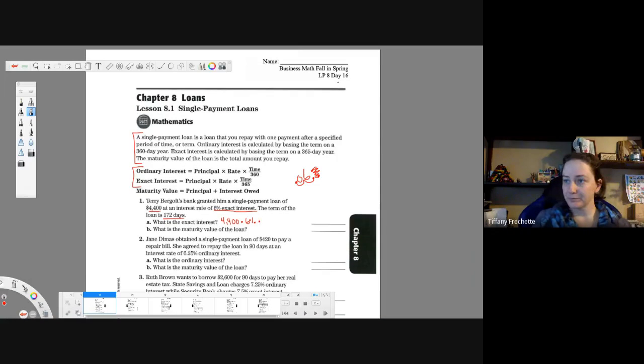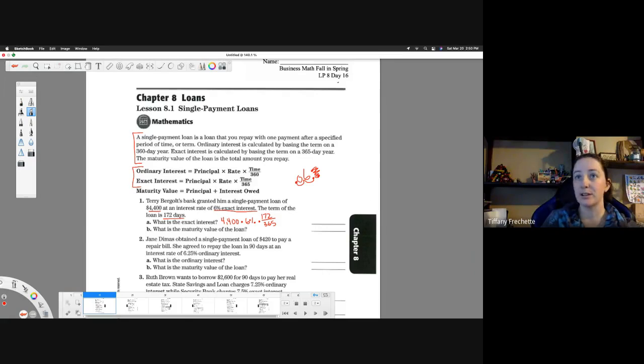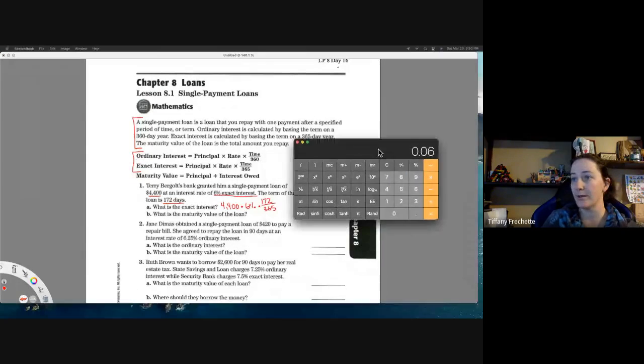All right, and then times time, which we have the time that it gives us, which is 172 over 365. So we need to divide that. Basically, we need to figure out what piece of the 365 days it is. So we're going to start multiplying here. I maximized my screen, I shouldn't have, so I'm going to bring my calculator back over. So we have 6%. I'm going to leave that in there because I already did it. Times 4,400